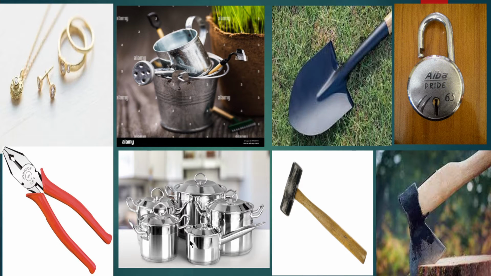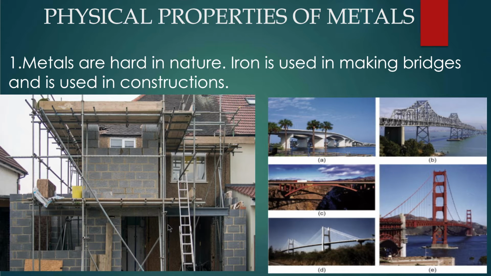These are some utensils which are made up of aluminium. This is a hammer, wherein this particular part of the hammer is of a metal, iron, and this is a wooden handle, and here you have an axe which is used to cut wood. So in all these things, children, I ask you a question: what are these made up of? All these things are made up of metals, one or the other metal, like gold, silver, iron, copper. All these are metals. So in today's session we'll be seeing a few properties of metals, that is the